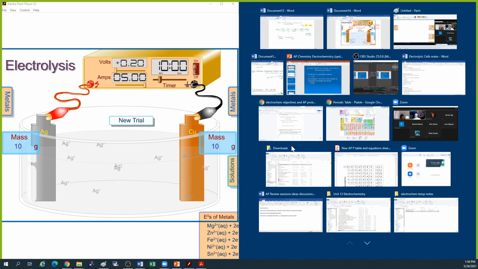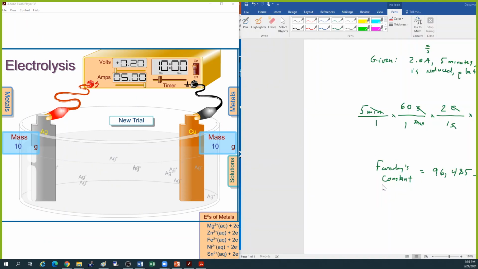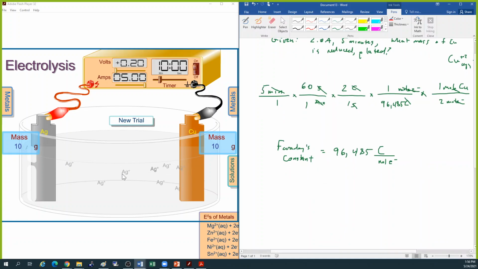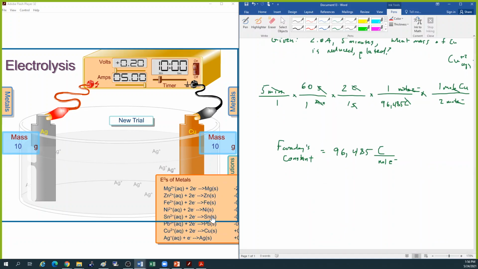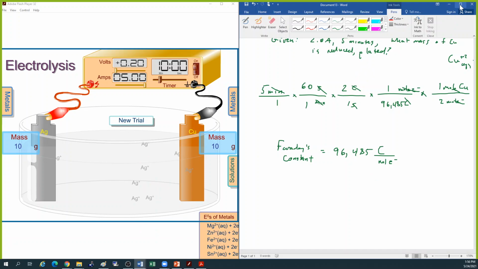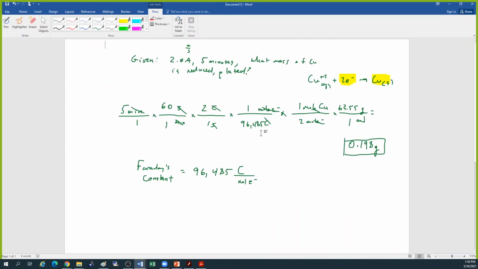And I want you guys to predict what mass of silver. So we're going to do this kind of problem again. Okay? But we've changed the numbers. So now it's 5 amps running for 10 minutes. And we want the mass of silver. And you got to be careful here because this time